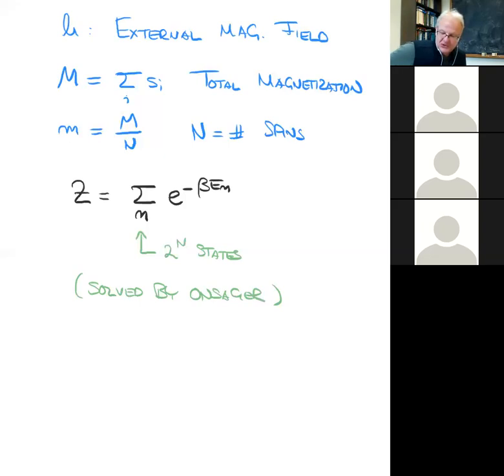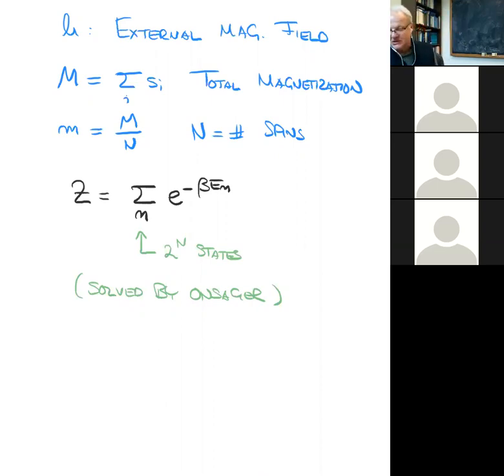So for 2 dimensions, it turns out that there's a trick. And for 1 dimension, it's almost trivial to do it. So again, if you have too much time on your hands, you should try to do it for a 1-dimensional Ising chain. That's not super hard. There's a sort of easy trick because every particle really only has 2 neighbors. So for 1 dimension, it's almost trivial. For 2 dimensions, there's a sneaky trick invented by Onsager. And for 3 dimensions, people have been thinking about it for almost 100 years now, and nobody's been able to do it. It's really just a math problem of enumerating all these states. But yeah, it turns out to be very hard.